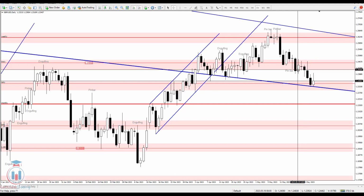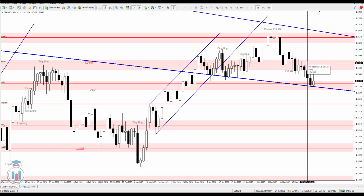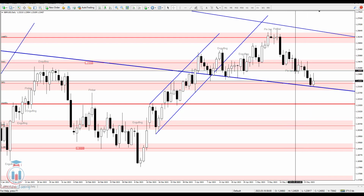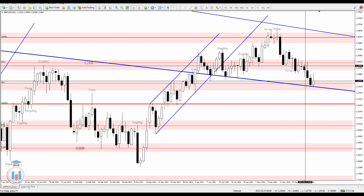GBPUSD has fallen in strength this week, where we can see that this week has started with this small indecision candle right here at the 1.246 price level, which is currently acting as a resistance. After the price has made a breakout to the downside in the previous week, we can see that this previous support is now acting as a resistance, and we can see that the price has tried to fall down on Tuesday, where we